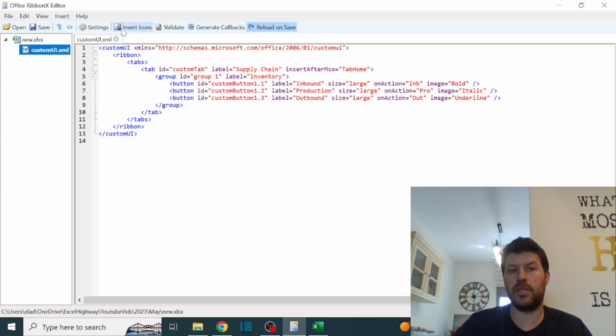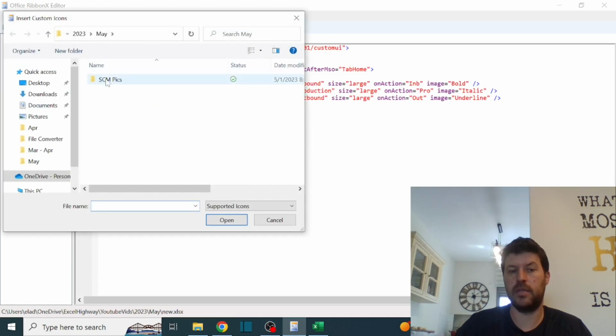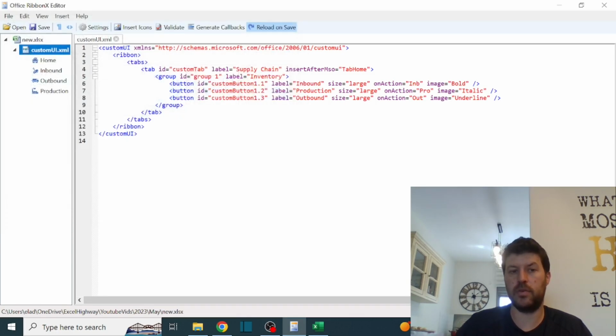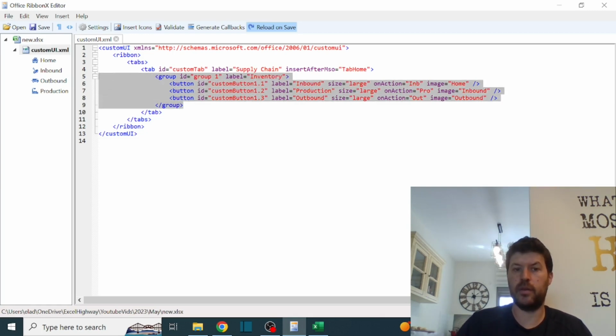Second step is to click on this button, insert icons, and I already have those icons with me, so I just click them and add them. And then you just have to change the name. Outbound. Now if I want another group, I just copy the group